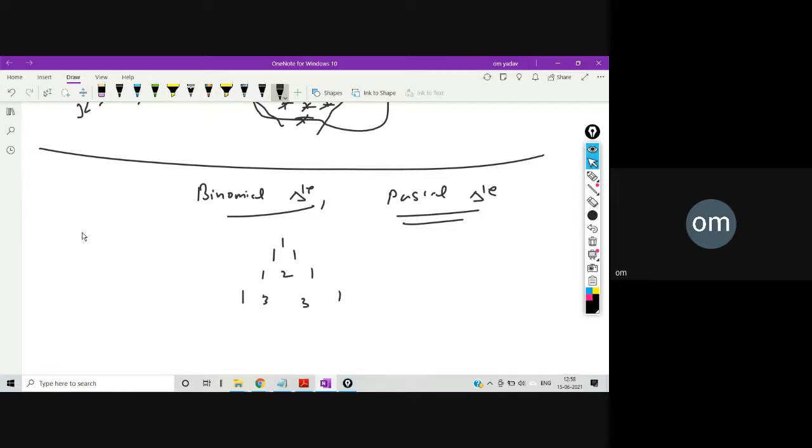So suppose I want to print in a left aligned manner, so I'll have to print like this: one, one, one. Once you get the left aligned pattern, then it's up to you in what different ways it is being asked in the question, you will be able to print.